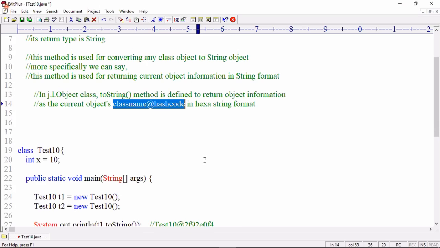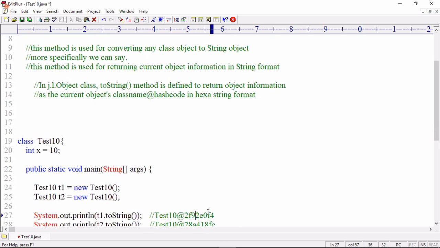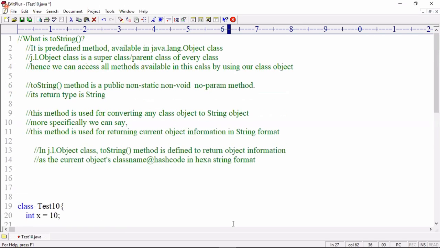Okay, now what is hash code? Hash code is nothing but reference. For the time being, you can consider it as the reference of the object. Now tell me, what must we do